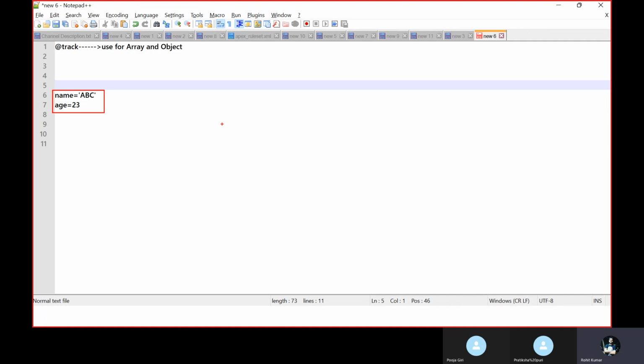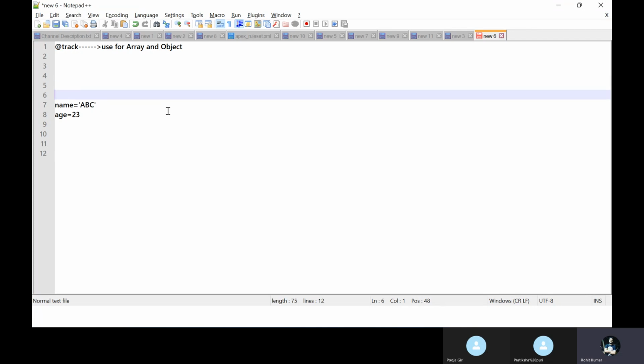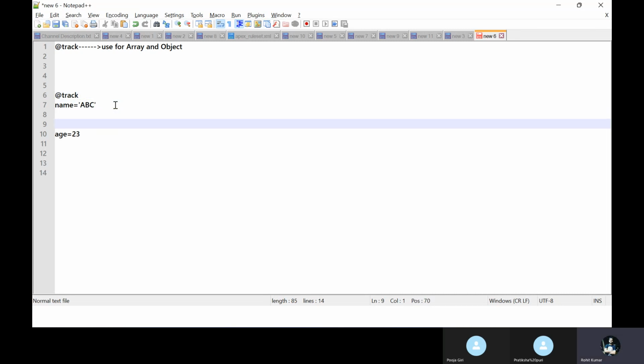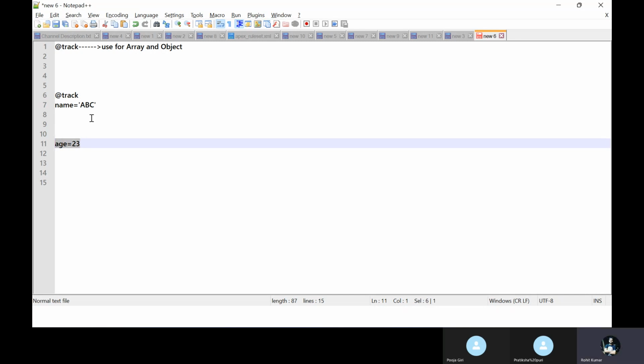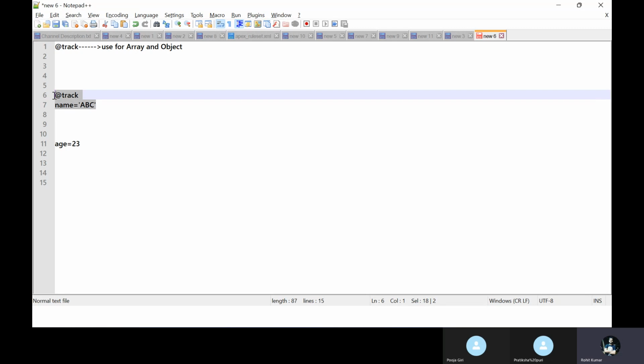So how do we make a track property? If you want to define any variable with this decorator, like @track, then this is a trackable property. Only name, not all. Age is not trackable, but you can use @track on the name like that.